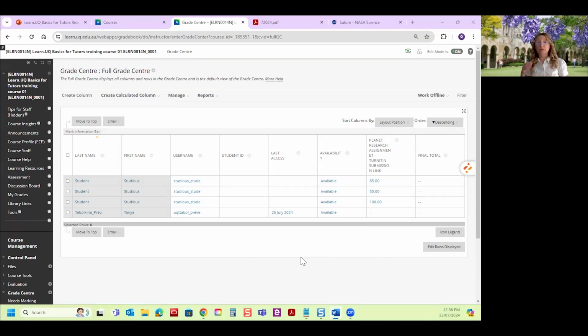But sometimes you do need to mark something manually. Let's say there is an assignment that is an in-class quiz or something. You will need to create a column. Again, it's probably something that your course coordinator will do to set up, so all you will need to do is enter the marks. But just for demonstration purposes, I'm going to quickly show you how the column is created